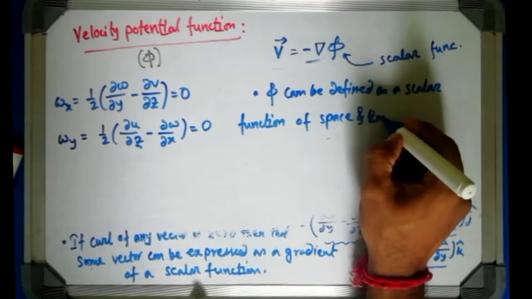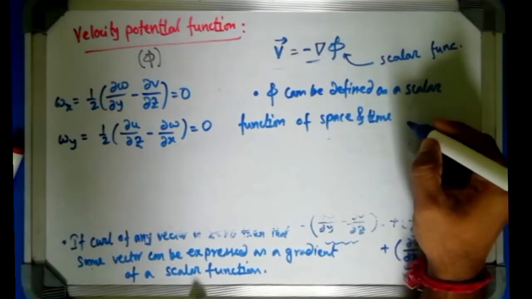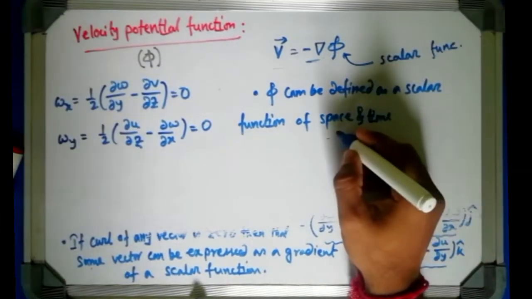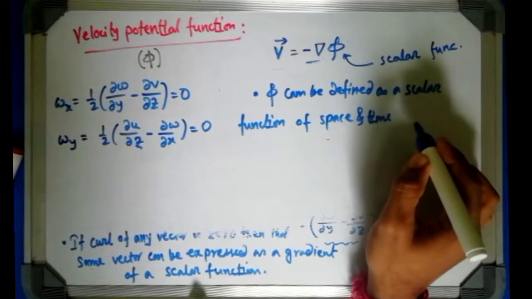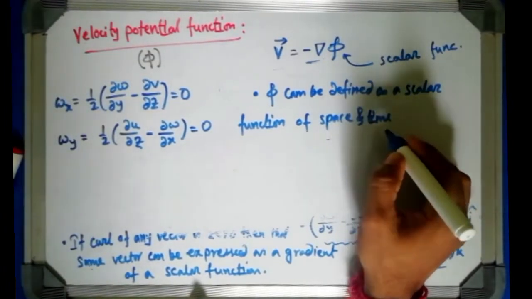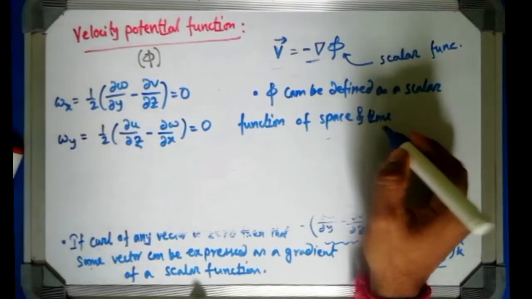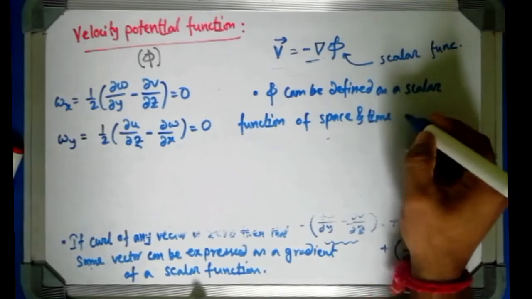If I say space and time, then we can consider it is an unsteady flow. If we consider it is a steady flow, then only we will consider the space coordinate, time will be eliminated. If we consider it is an unsteady flow, then both the variables will be there, space and time. Okay, so phi can be defined as a scalar function of space and time such that